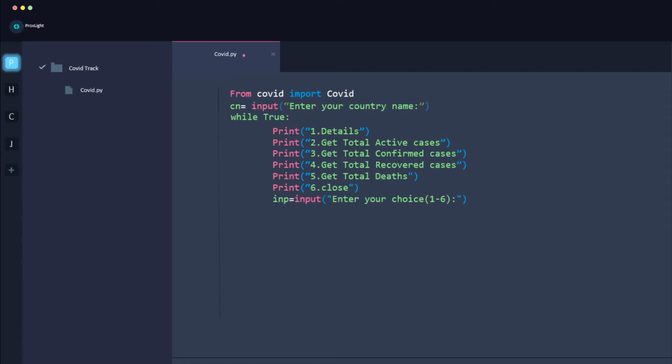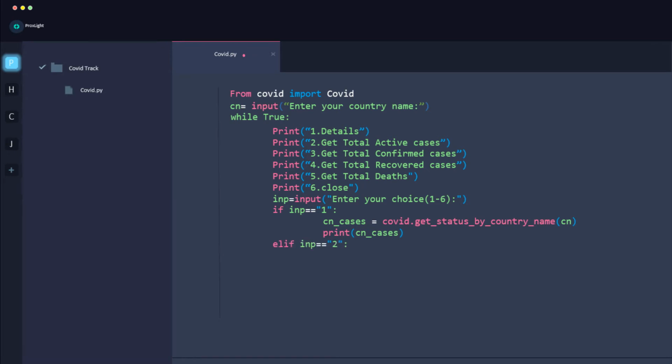So in this line of code I am just taking an input from the user that they may choose any one of these from 1 to 6, and I am starting an if statement here. If so, this is a function by that COVID module for the number of cases. You can just type in covid.getStatus by country name, that is CN. I have defined it in the input section here. So basically this is it, and now I'm printing that stuff.